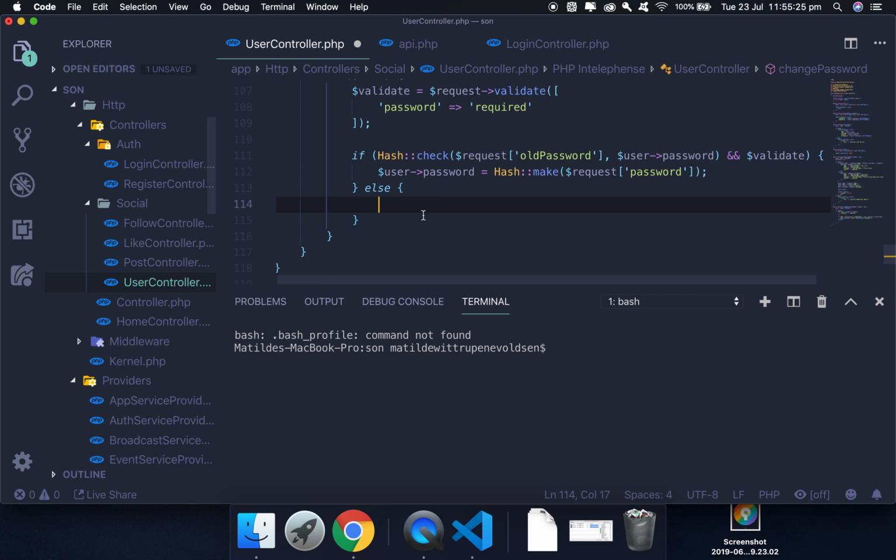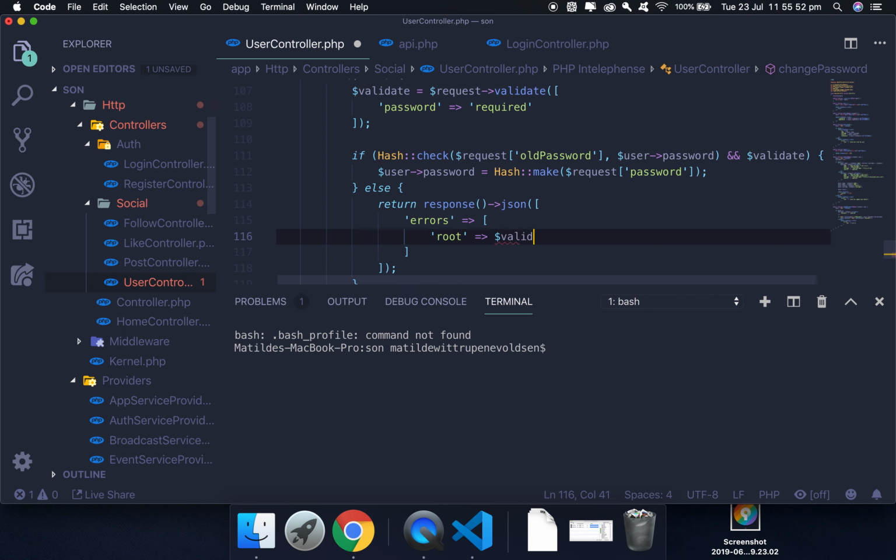So in the scenario that it doesn't work, we're gonna say return response JSON. Then we're gonna return with JSON response, and then we're gonna return with errors. And we're gonna say root error is gonna be validated. Now,